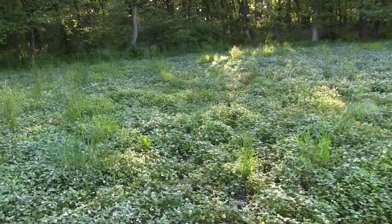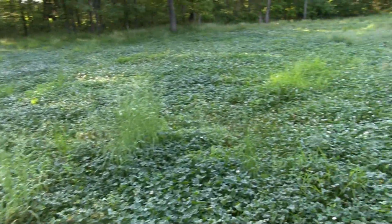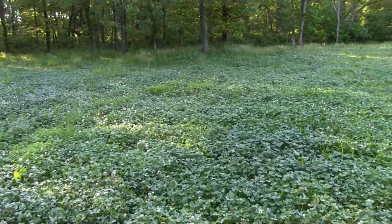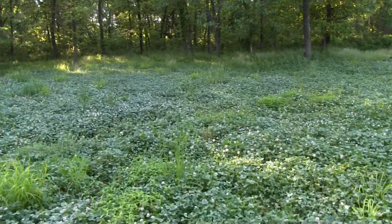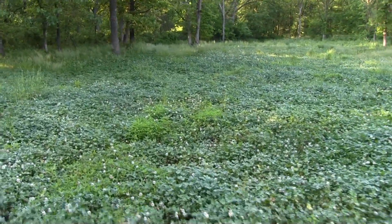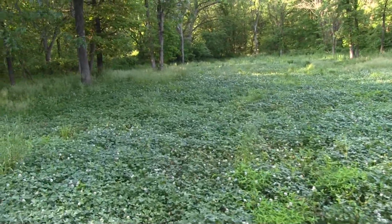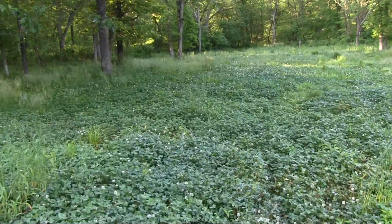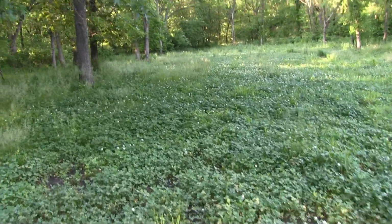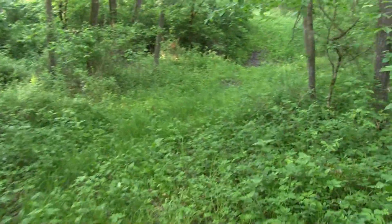But as you can see, this area up in here was really wet, and the grasses are starting to take it over. Still good clover in there, but it's not as nutritious. My plan is this will be an annual. Probably come in here this fall and tear this out and put a fall annual in, a pure attraction or beets and grains, something of that nature. I'll tell you, this place has grown up,